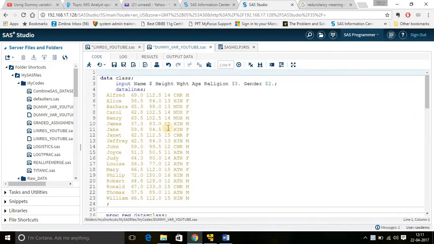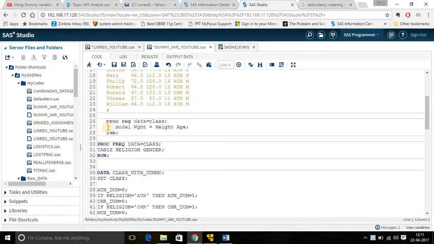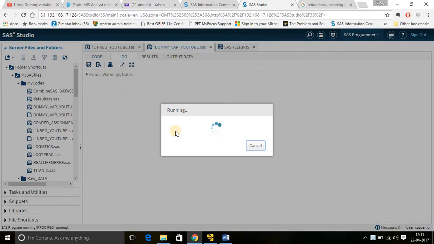Now in such cases we can only do one thing. We have numerical variables, 3 columns that are numerical. If we want to predict height using weight or age, we can do it like this. We are not taking the categorical variables into consideration, we are just taking this. How is the weight predictable by height and age? So in case we have nothing to do about the categorical variables in such cases.